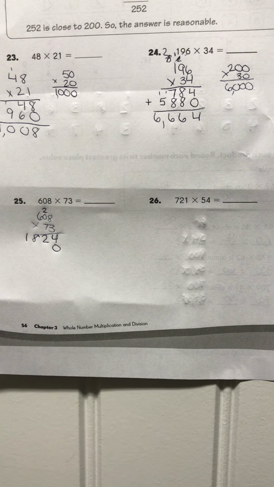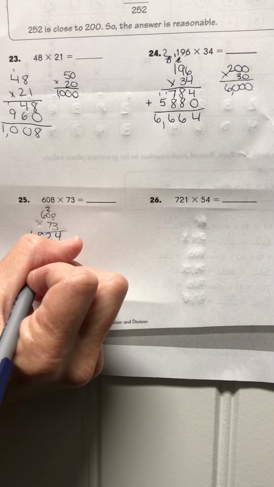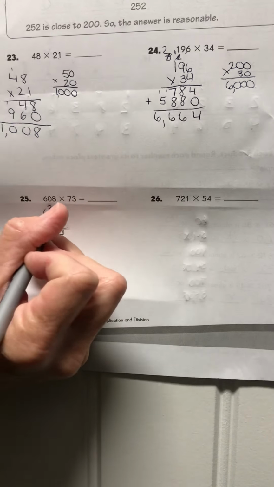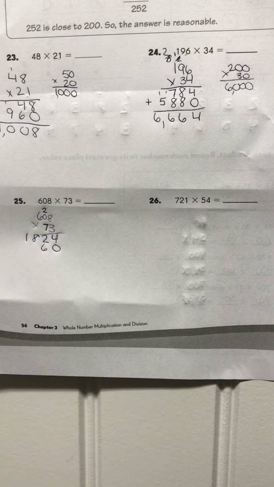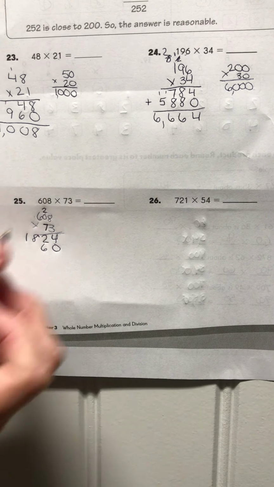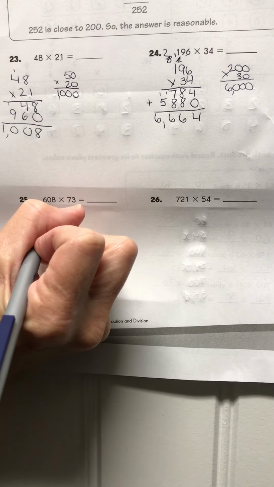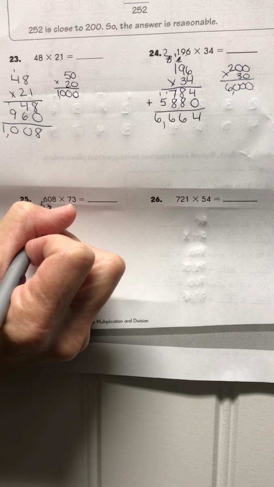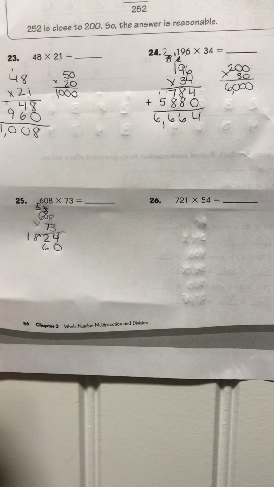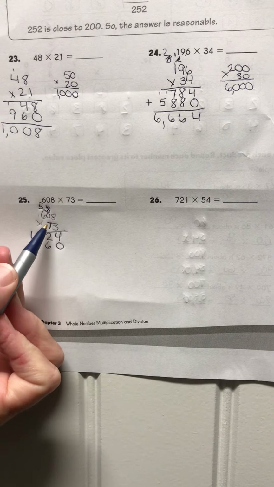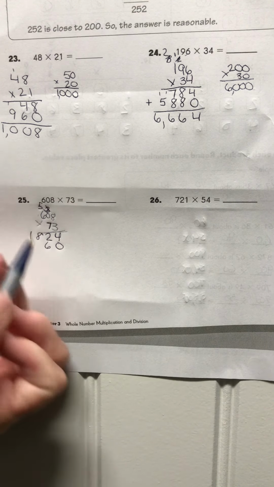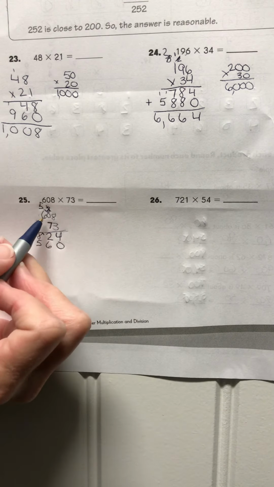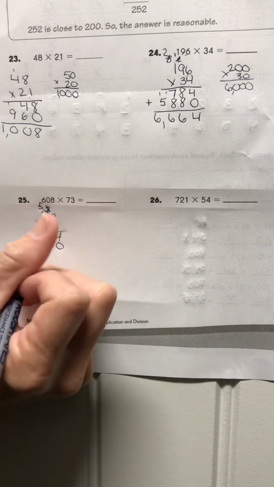8 times 7 is going to be 56. We're multiplying times 7 now because 7 just showed up. And all 3 of these numbers have to multiply times 7. All right, 8 times 7 is 56. Get rid of that 2. Okay, put your 5. The 5 goes up there over the 0. 0 times 7 is 0. And 0 plus 5 is 5. 6 times 7,